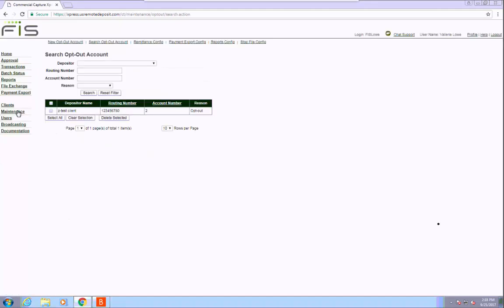Across the top, we can see new opt-out account, search opt-out account, remittance config, payment export config, reports config, and stop file config. The new opt-out account is for financial institutions using the ACH conversion part of CCX. What the opt-out account allows is for these types of accounts to be opted out of the check conversion to an ACH transaction. For these circumstances, the user should enter in the routing number and account number and the reason